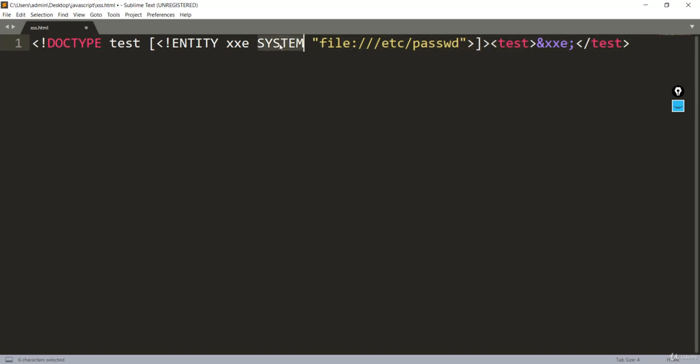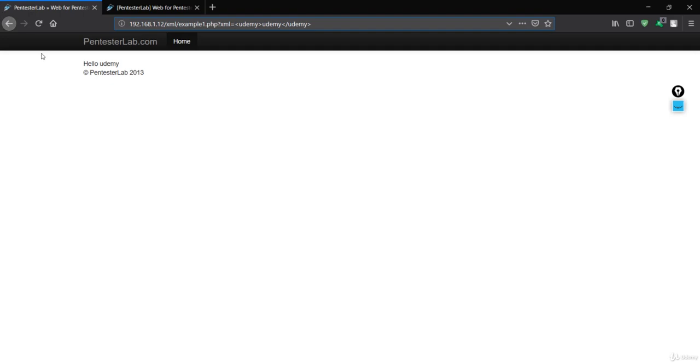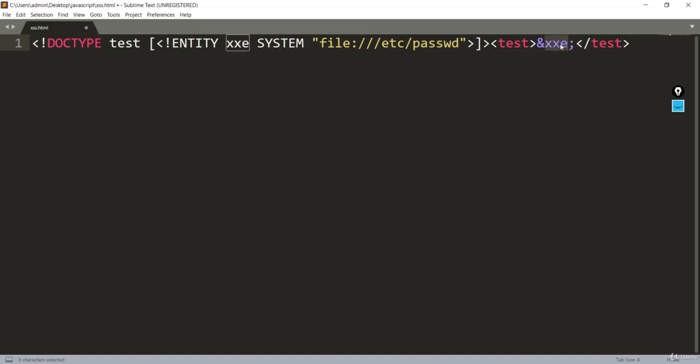So the XML parser will see this SYSTEM keyword, and it will fetch this system file and store it in this XXE entity, and we'll see the content of this in the web content. So instead of hello Udemy, we'll see the whole content of XXE, which is basically the content of passwd inside this etc folder.